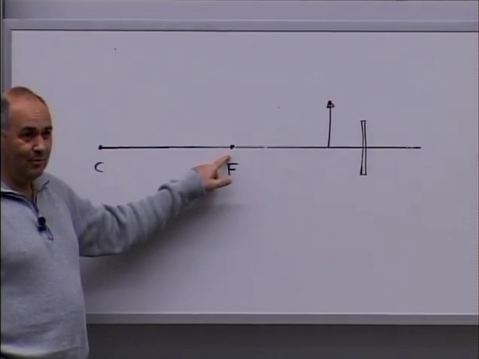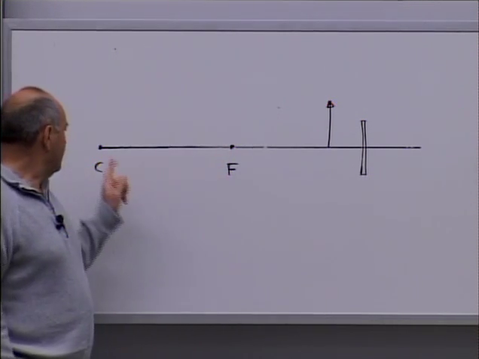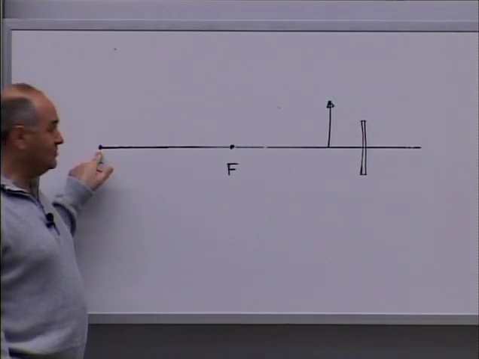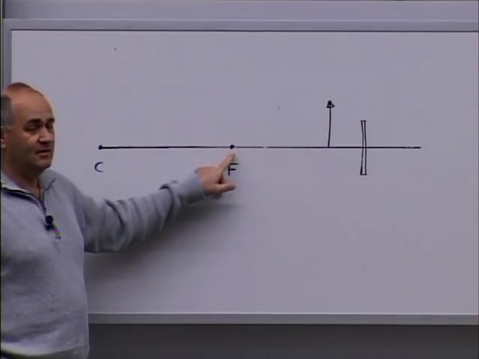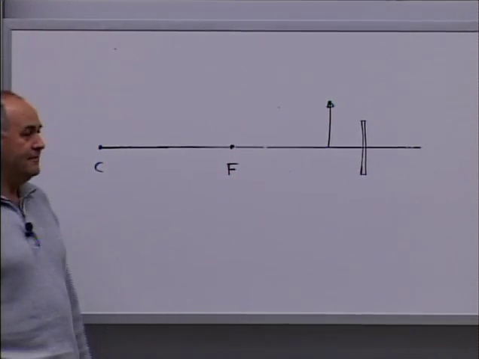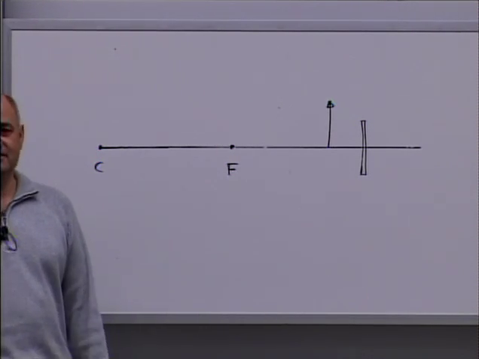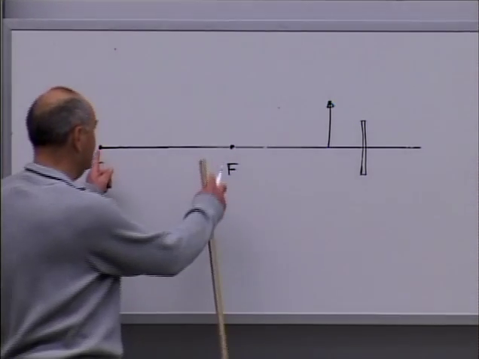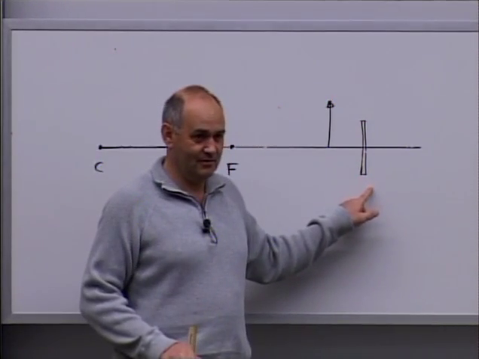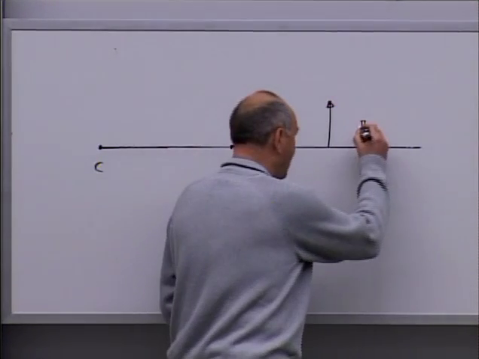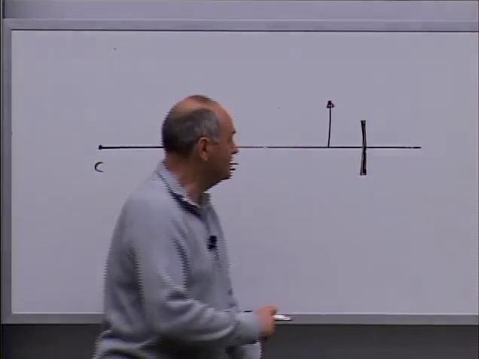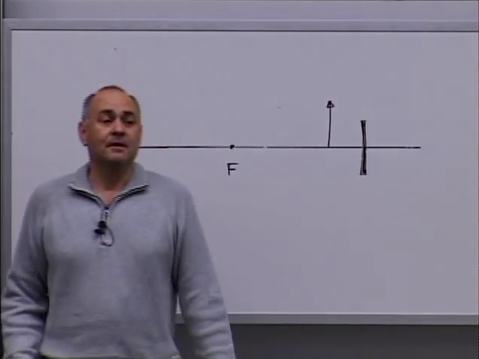Now, this is a focal point. Well, the distance from the center of the curvature to the mirror is twice as big as the distance from the focal point to the mirror. So, if you don't see the mirror on this picture, where should it be? Well, the same distance as this distance, which means that this was the mirror already. This was not the object for which you had to find an image. So here is the mirror, and here is the object. Well, now,